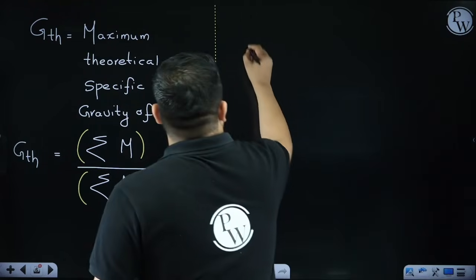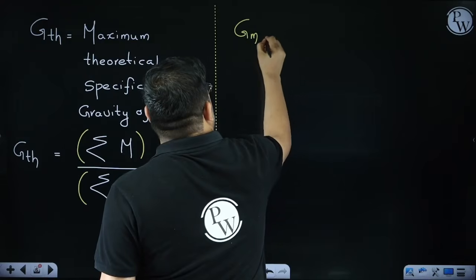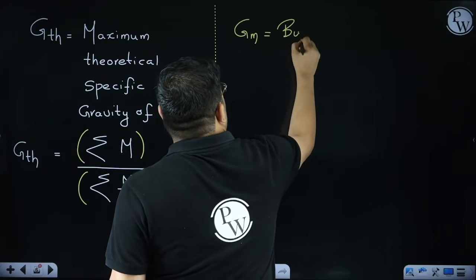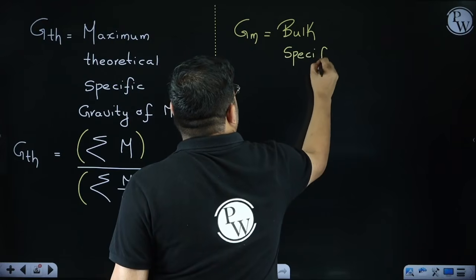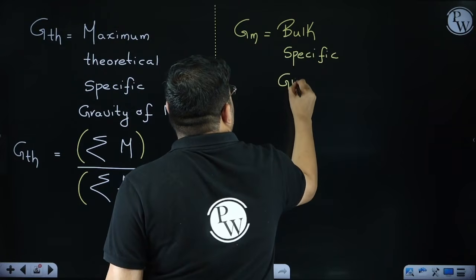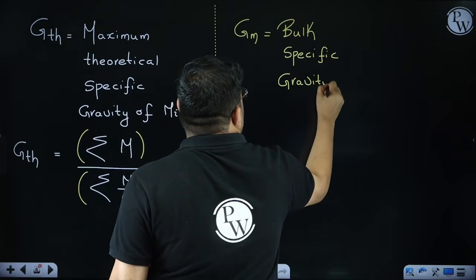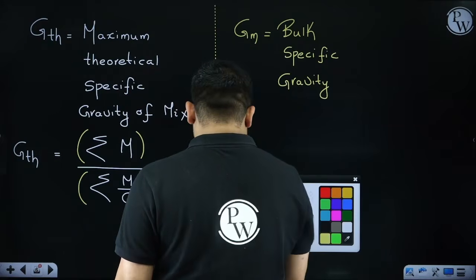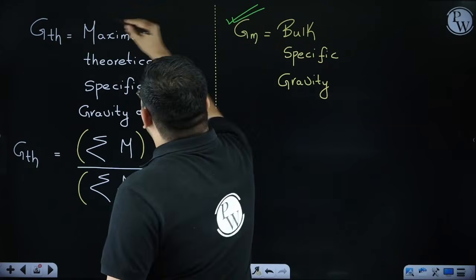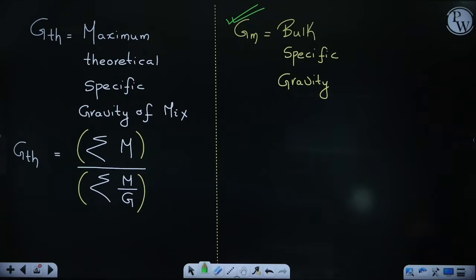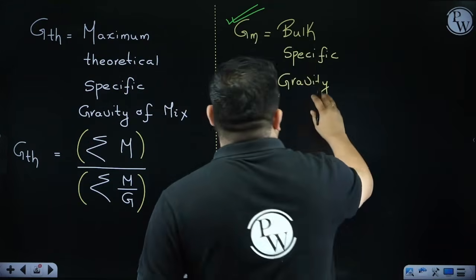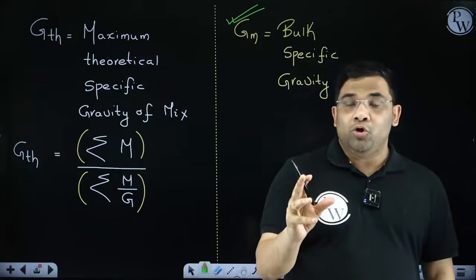Then we have Gm. This is the actual specific gravity or the bulk specific gravity. Now see, what is the difference between this bulk specific gravity, the actual one, and the theoretical one? This is the actual one, this is the correct one. And this is the wrong one, or the theoretical one. What's the difference? The difference is that in the bulk specific gravity, we are considering the volume of